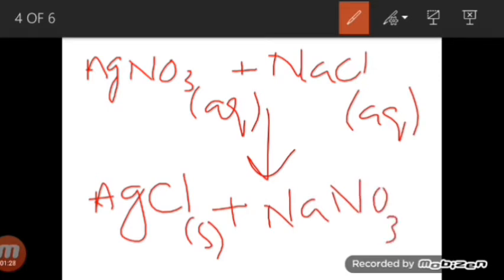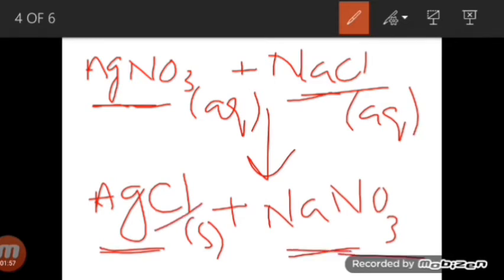What is the first step? To write down the accurate formulas. So here we have written the accurate formulas: silver nitrate, sodium chloride, silver chloride and sodium nitrate. The second is to count and balance the number of atoms on both sides. Here look at this, we have one silver ion, one nitrate ion, one sodium ion and one chloride ion. Similarly in the products we again have a single silver, one chloride, one sodium ion and one nitrate ion. So it means that the equation is balanced. The number of ionic compounds on both sides are equal.